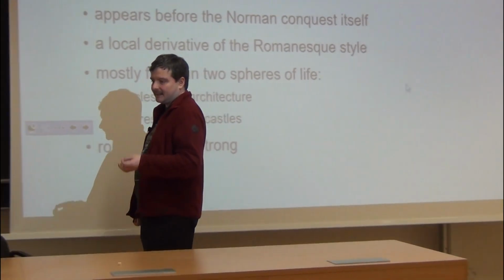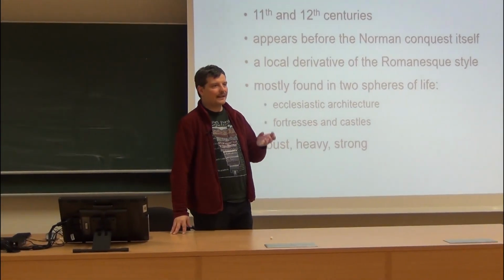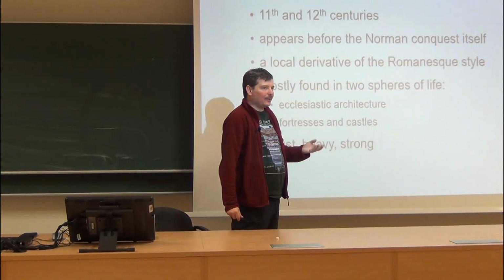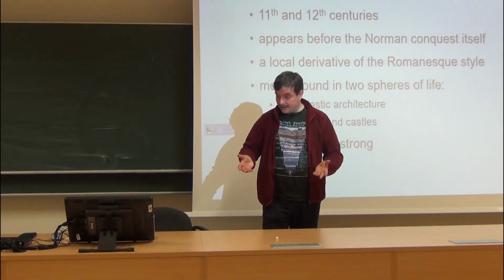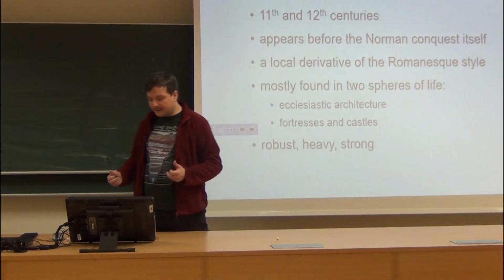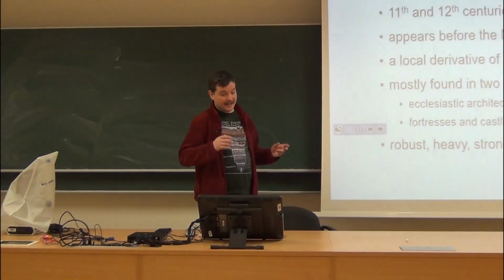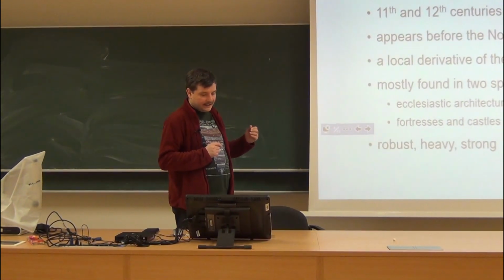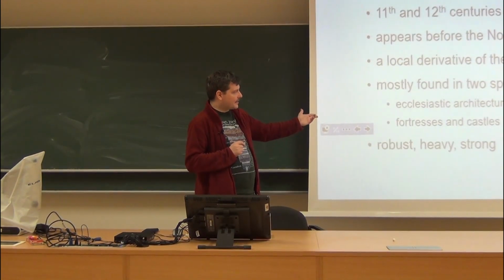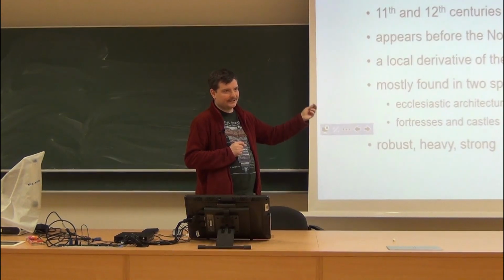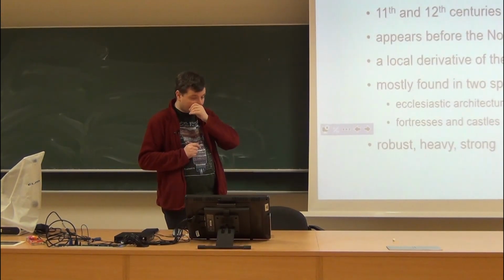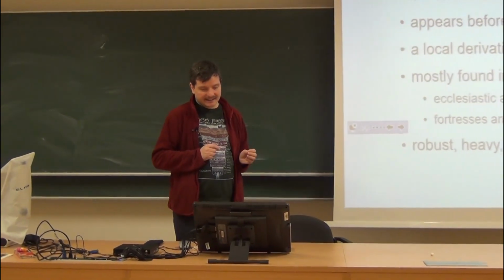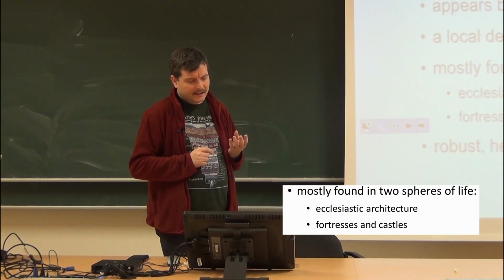Now, Norman style is what you would call this style only in Britain. Otherwise, this is the style that we normally call Romanesque elsewhere in Europe. So, the Norman style in Britain can be found especially in ecclesiastic architecture, which means church architecture. So again, churches, monasteries, etc. And to some extent in the form of fortresses and castles. This ecclesiastic architecture, church architecture,